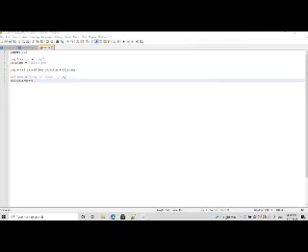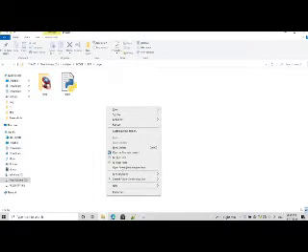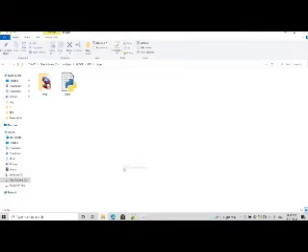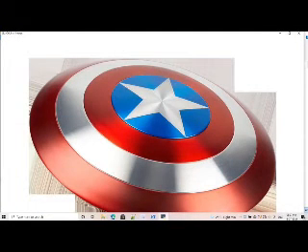Then, to check whether our code is working or not, I have already typed these 2 lines of code. Then save it and go to our directory. In this directory, press left shift and right click to open a PowerShell window in this current directory. Then type here python main.py. As you can see, our original image is visible. It means that the program is capturing our image.